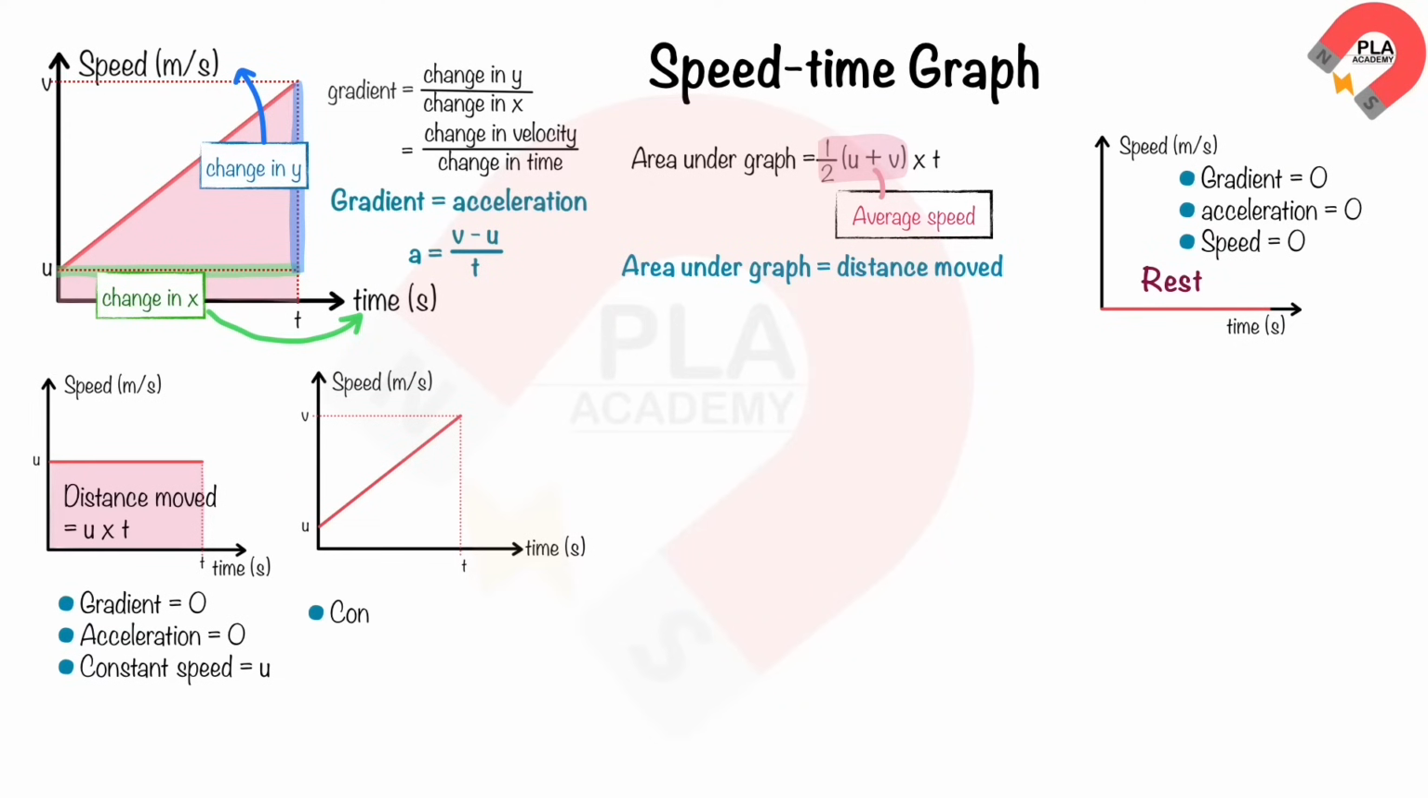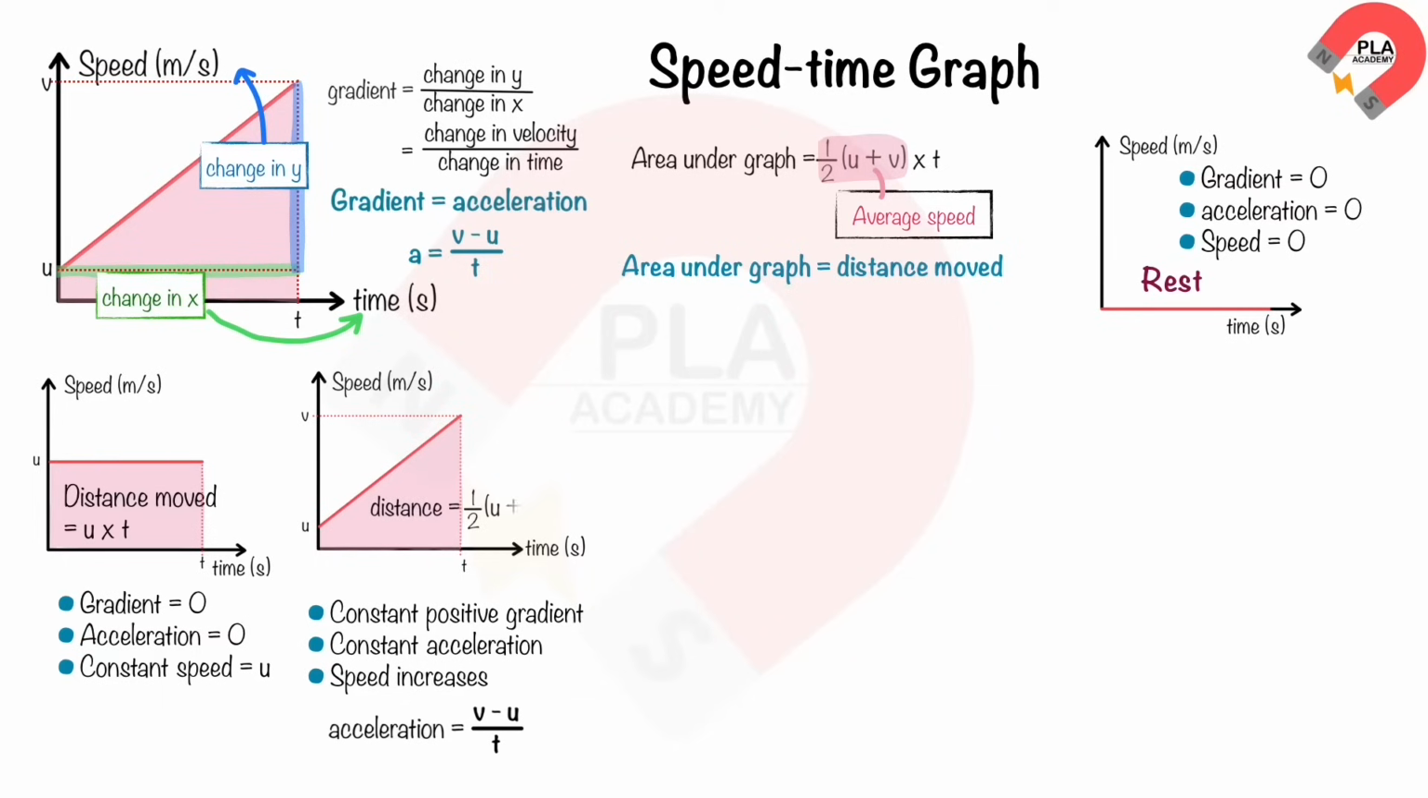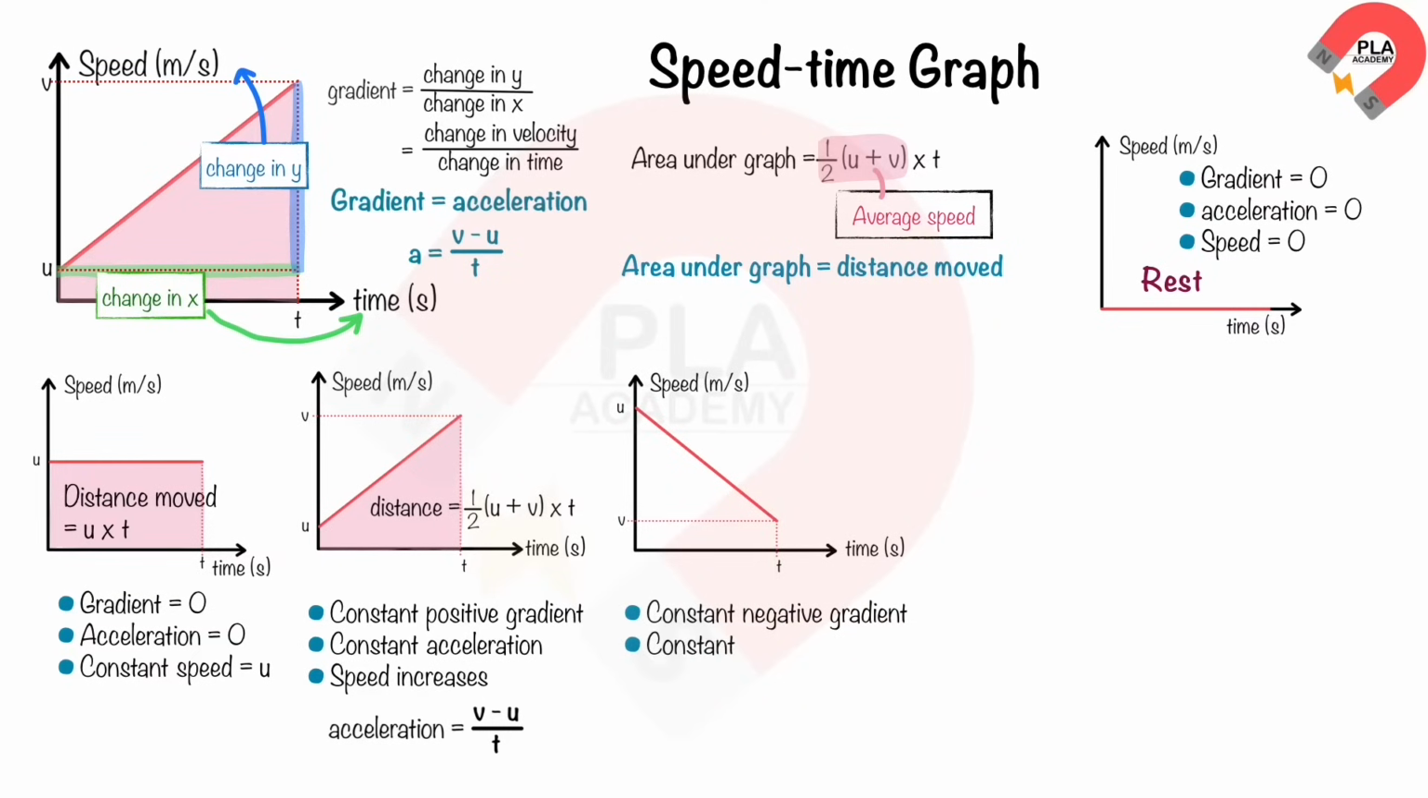A straight line graph with a positive constant gradient indicates the acceleration is constant and the object is moving at increasing speed. We can find the acceleration from v minus u over t. And the distance moved is the area under the graph, which is half of sum of u and v times t. A straight line graph with a negative constant gradient indicates the deceleration is constant and the object is moving at decreasing speed. We can find the acceleration from v minus u over t. And the distance moved is the area under the graph, which is half of sum of u and v times